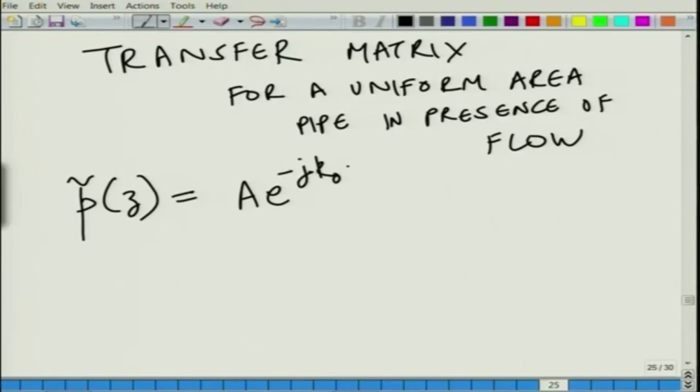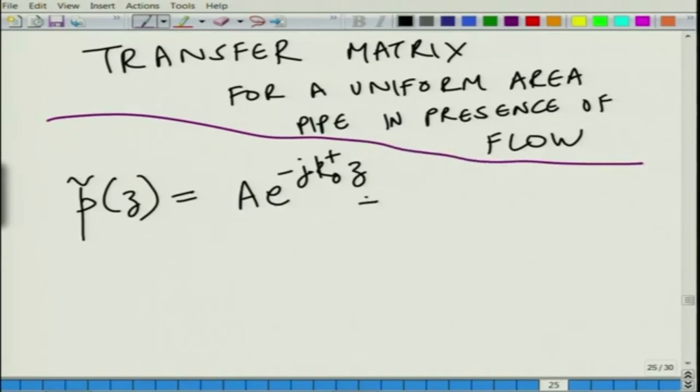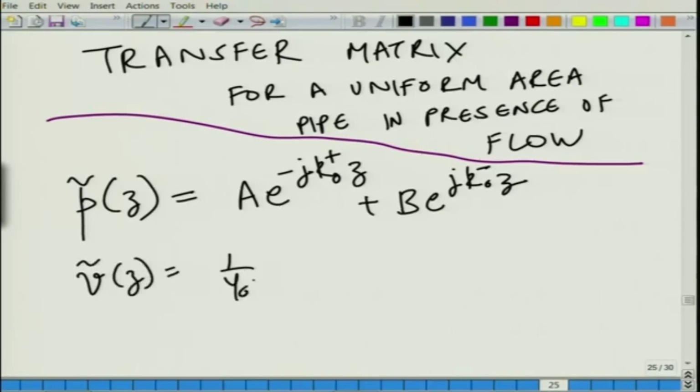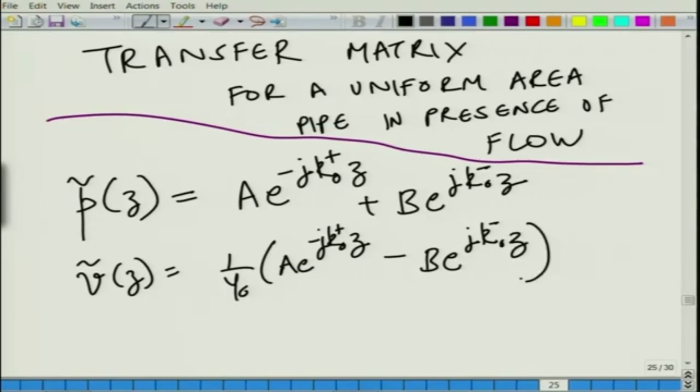Assuming only planar waves, no higher dimensional waves, e to the power minus j K naught plus Z, plus E j k minus this. And mass velocity was given by 1 by K naught A